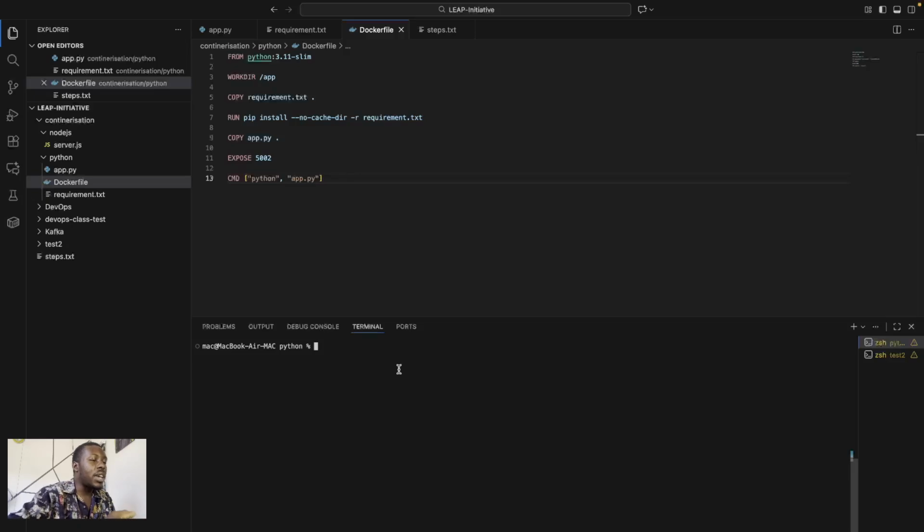Now we can use Docker to run this image. We'll now create a container out of this image. How do we do that? We'll run the docker run command. So we do docker run -p, what port?